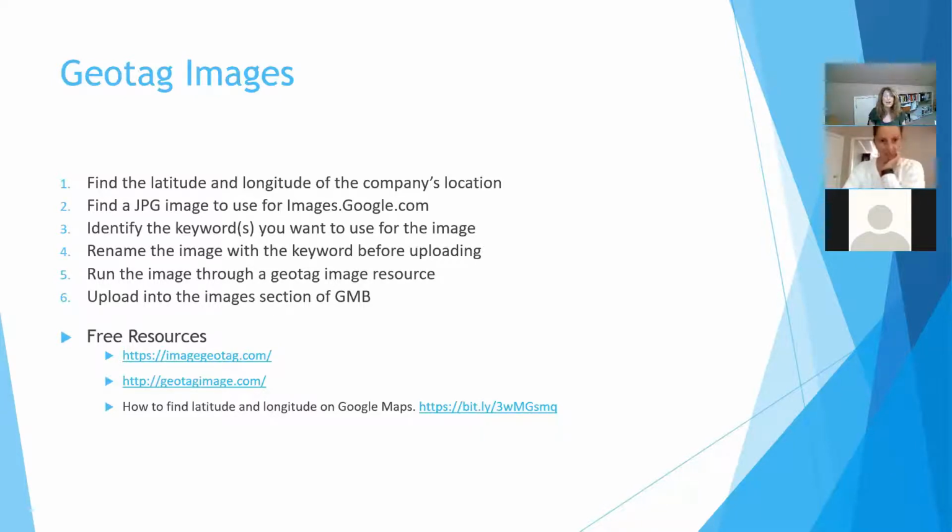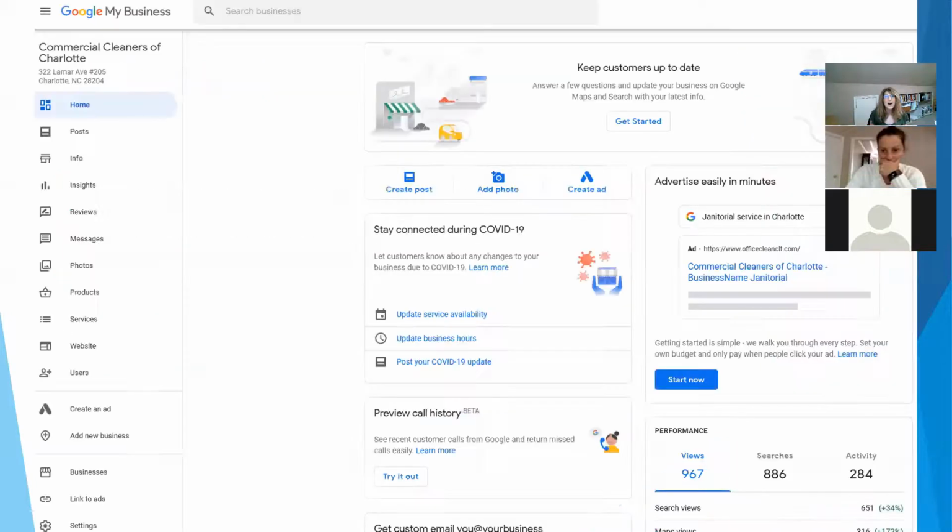You want to figure out, what do you want to be known for? What is your main high value keyword? And then you can rename the image using that keyword, and before you upload it, you want to get all ready. Then you can run the image through a geotag image resource, and that'll geotag the latitude and longitude onto the image itself. Once you have the image ready, then you can upload it into your GMB,